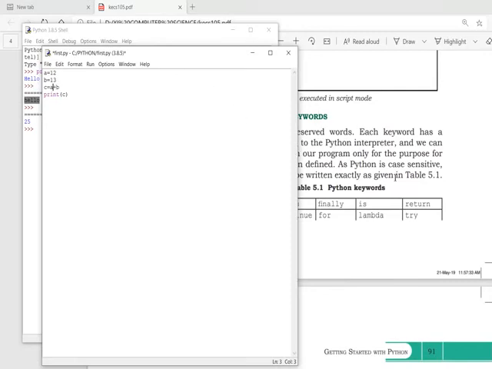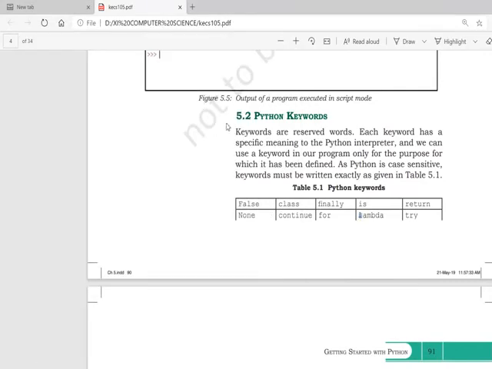Why is this happening? Because if is a keyword. Keywords cannot be used as identifiers. A keyword cannot be used as a variable name or function name.